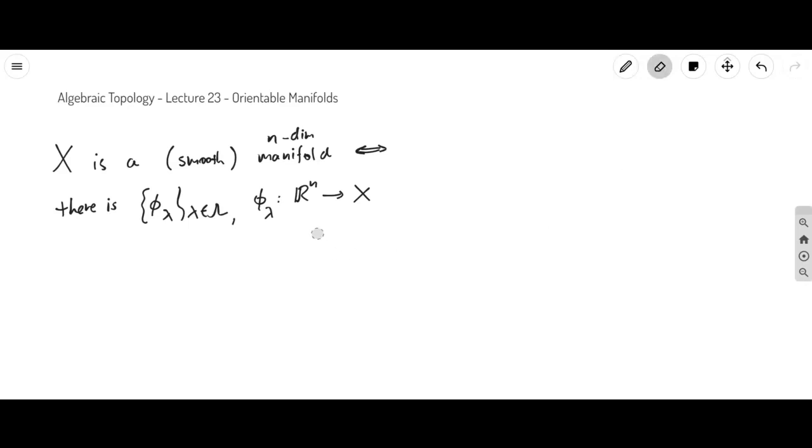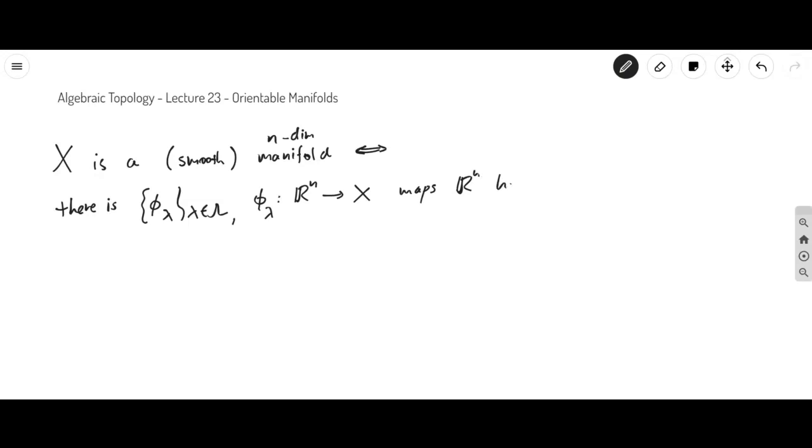Also, as was indicated on the homework problem, it is useful to allow more flexibility. It does not necessarily have to be Rn itself. It could be an open subset of Rn. It's just that it's more convenient to just assume it's Rn. But in the definition, you could give more flexibility and just use this as an open subset of Rn. But anyway, these are mapping Rn into X, and this maps